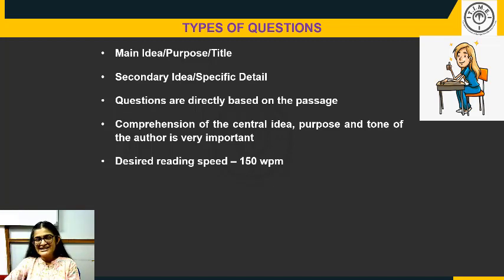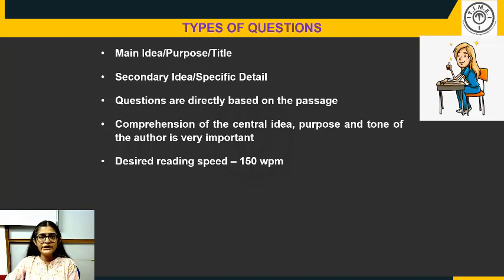Nothing like that. Sometimes the author may write the central idea either in the introduction or the conclusion. However, very often the central idea is something that will evolve like a snowball. You know how a snowball forms, no? Yeah? Like that, the central idea will evolve slowly as you read through the passage. Little by little, then by the time you reach the end of the passage, the central idea will have formed